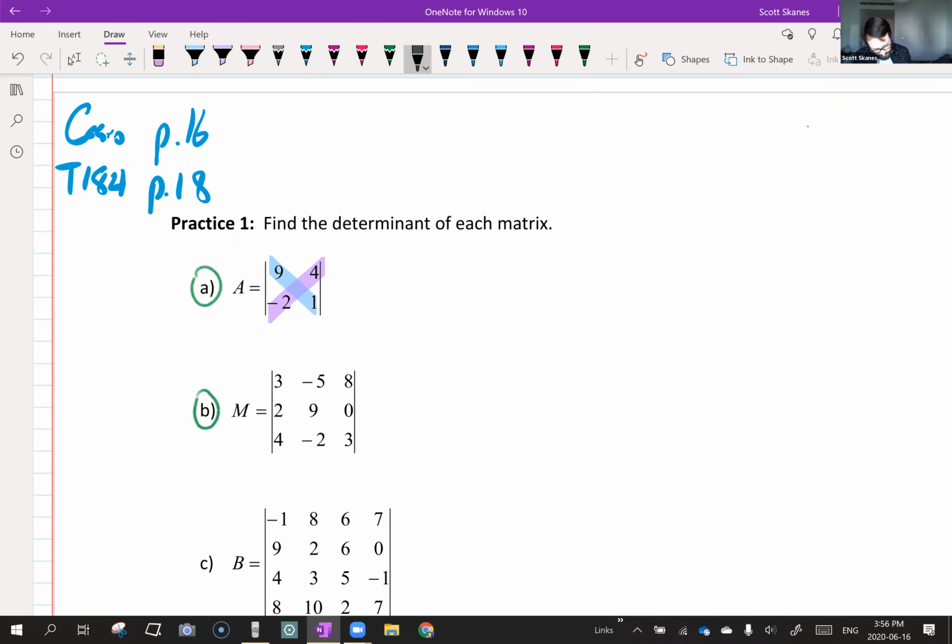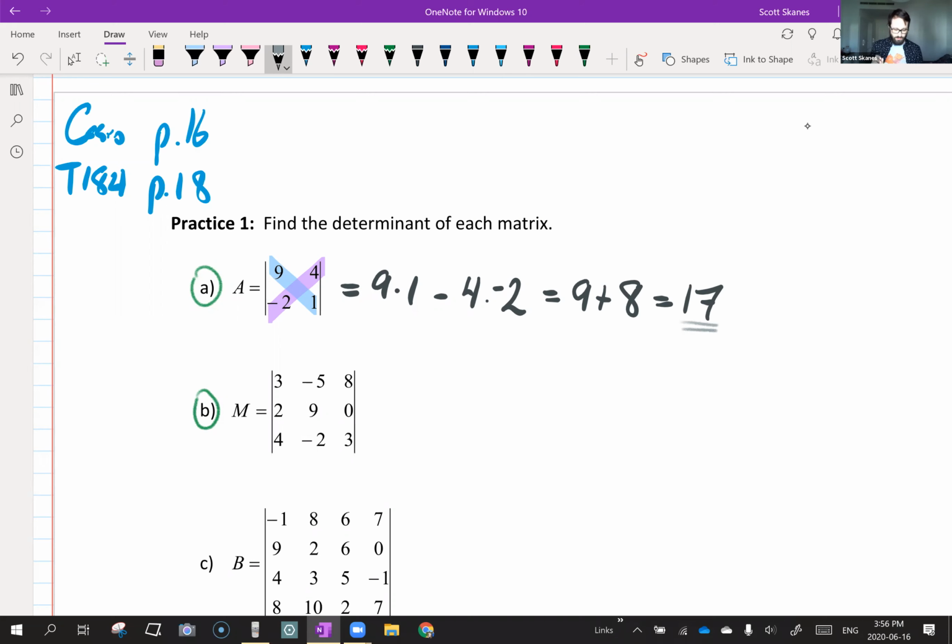Okay, so here the determinant is 9 times 1 minus 4 times -2. And that gives us 9 plus 8, which is indeed 17. That is much faster than a calculator. I don't know why anyone would choose to use a calculator on that one, okay? So that's the first one. The second one,